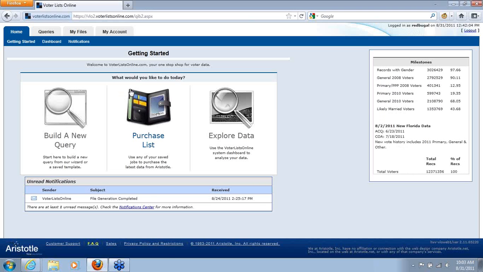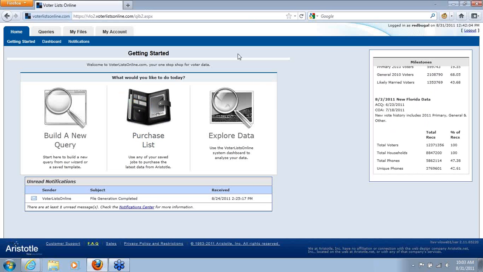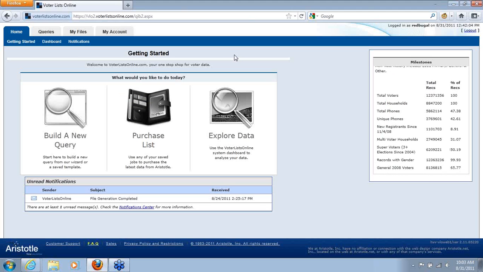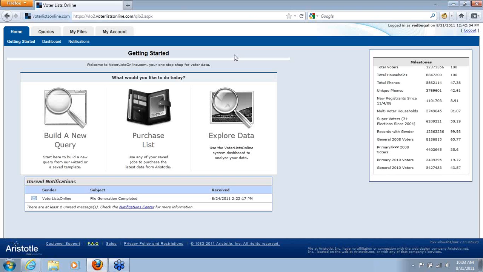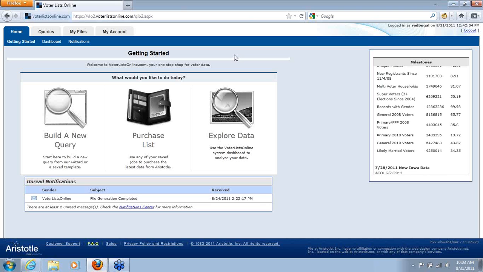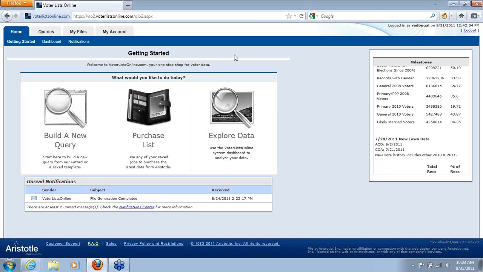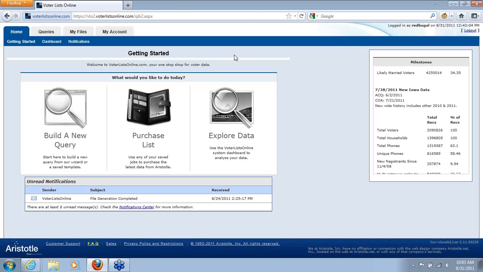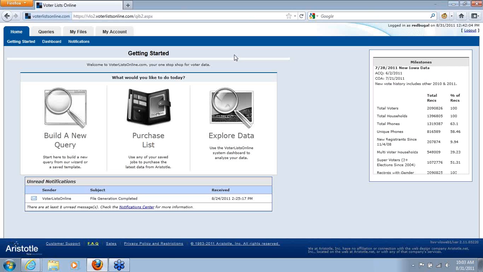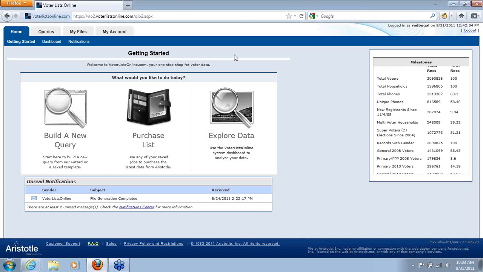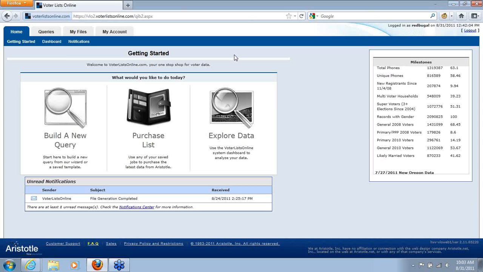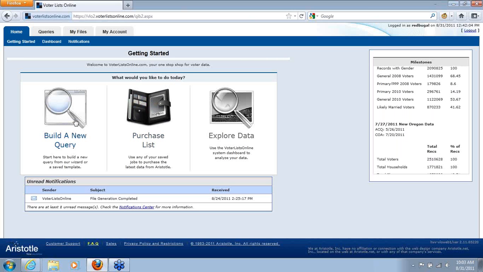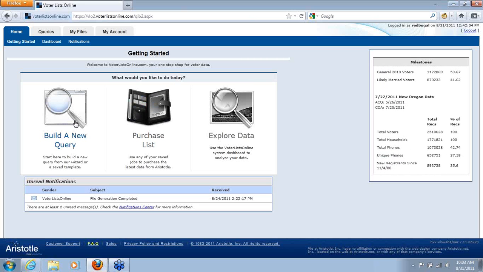What we're looking at here is the homepage for our Voter Lists Online system. The nice thing about Voter Lists Online is that you can log in and create an account anytime. You don't have to pay us any money to set that up, so you can get in and start looking at your lists, manipulating your queries, and figuring out exactly what you want to go after without any commitment up front. But I'm going to give you a quick overview of how you go through the system and